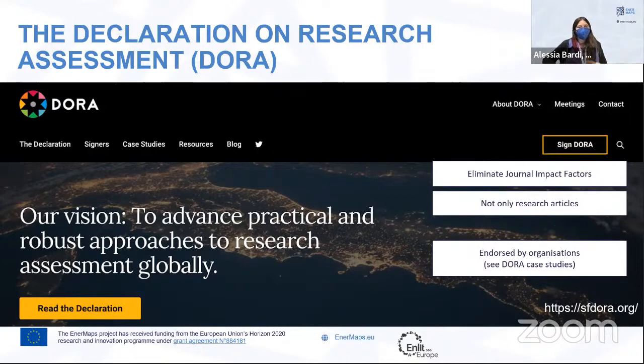You can see that these principles are also applied in the next calls for the European Research Council, for example. So this is very important information. It tells you that things are really changing at different levels. Next slide, please.